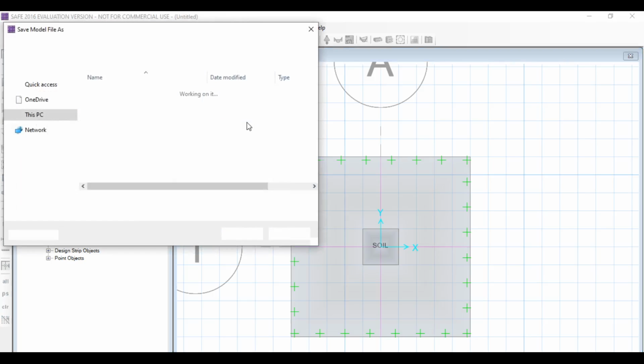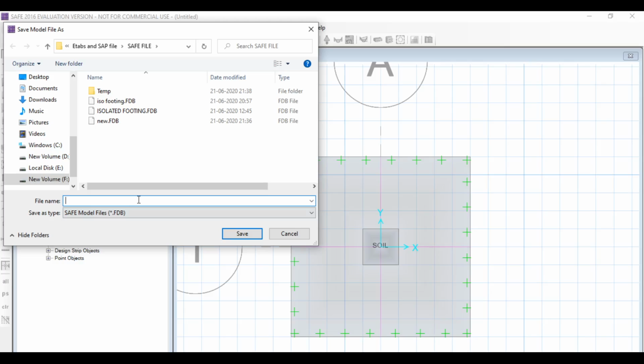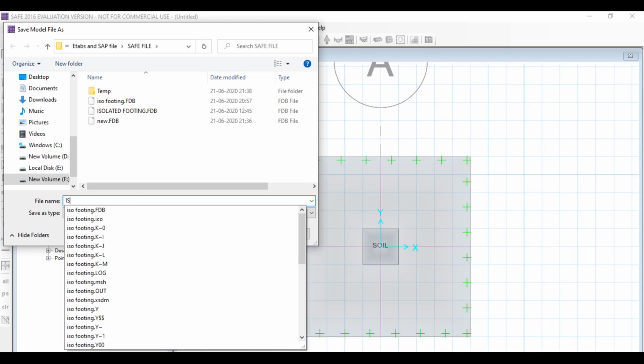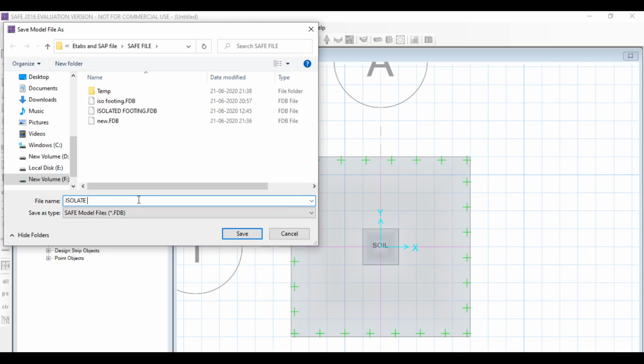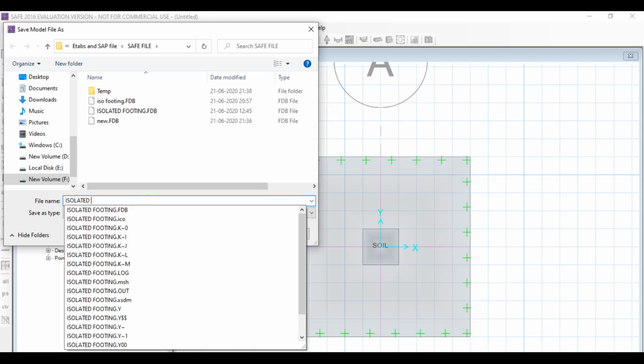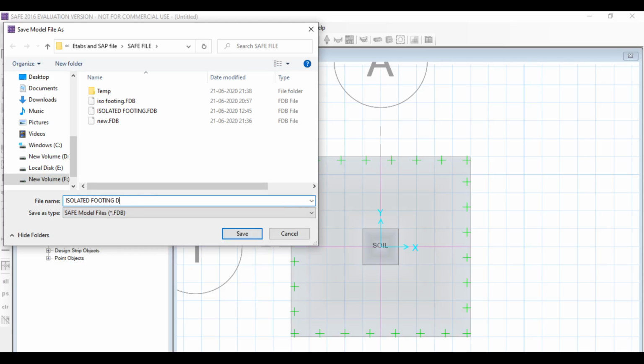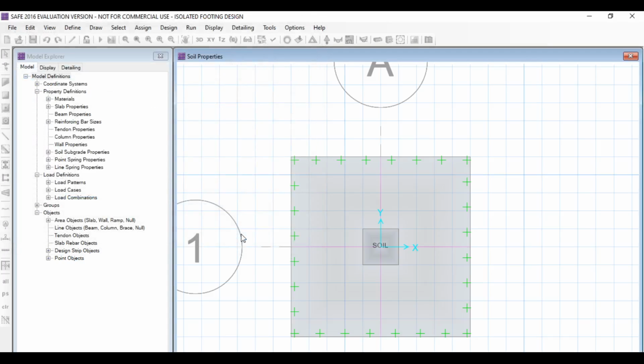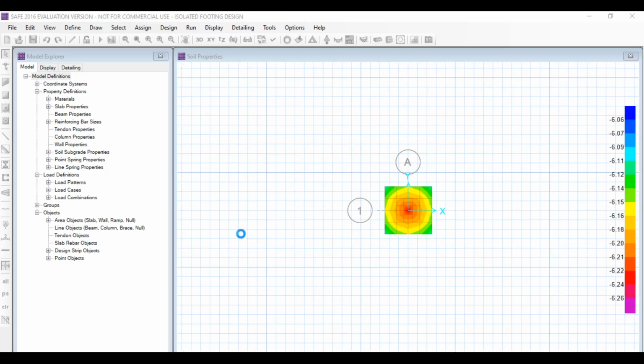Here the software asks to save the file, so put a suitable name as isolated footing design. Click on save button. Wait for some time. That is, the software has been run.